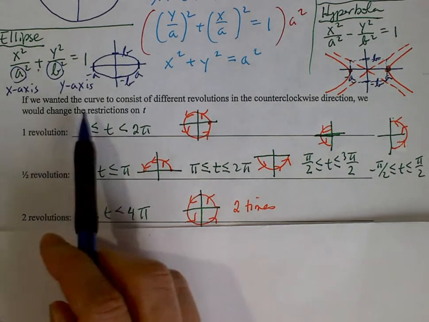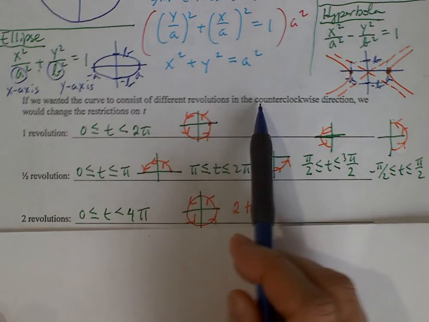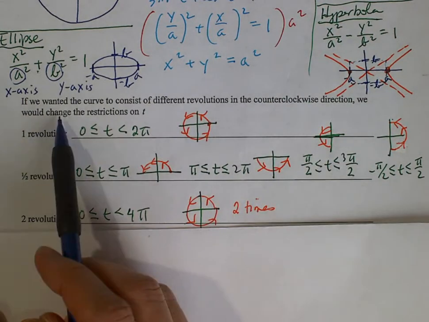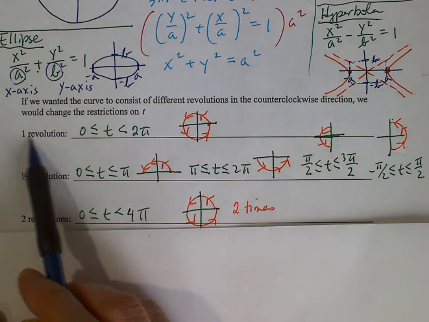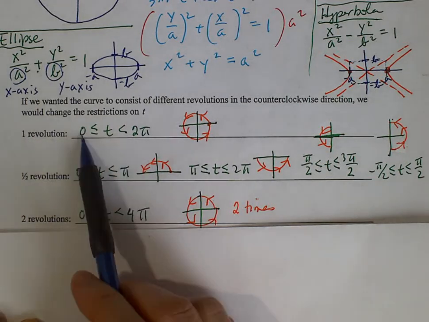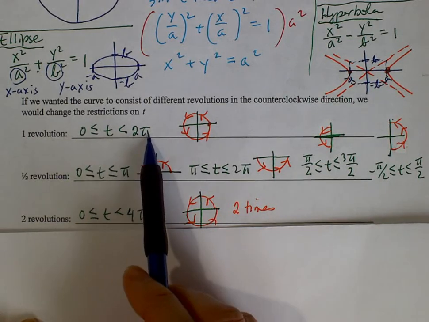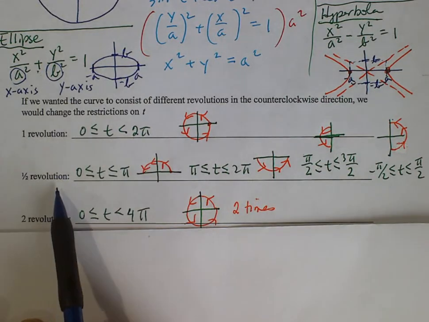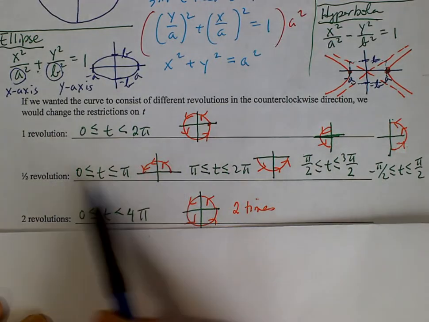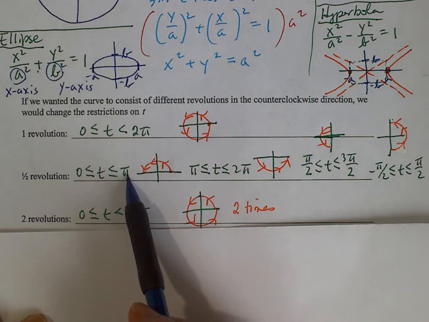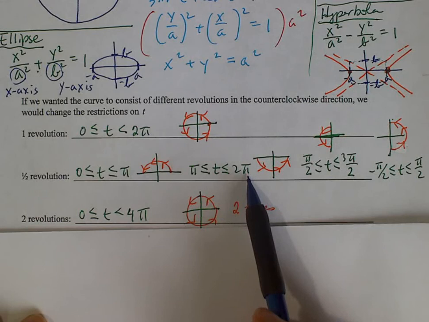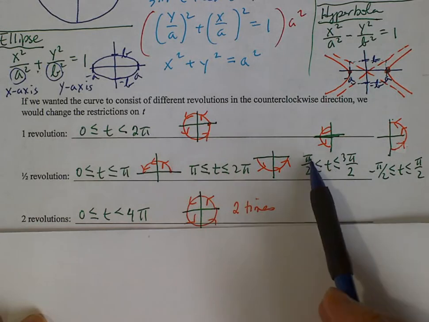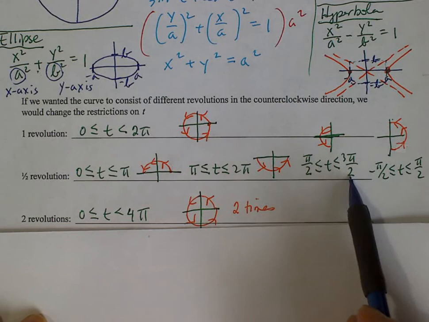If we wanted the curve to consist of different revolutions in the counterclockwise direction, we would change the restriction on t. So if you have something that you want to have for one full revolution, then you can go from 0 out to 2 pi. Half a revolution, you actually have a total of 4 different cases. You could have the upper part, so that would be going from 0 to pi, or the lower portion, and that would be pi to 2 pi, or the left side, so that is pi over 2 to 3 pi over 2,